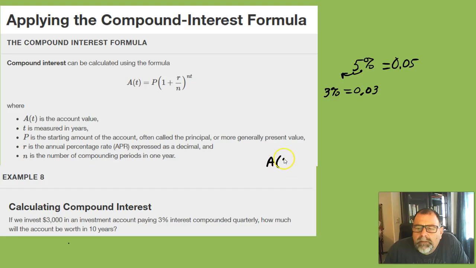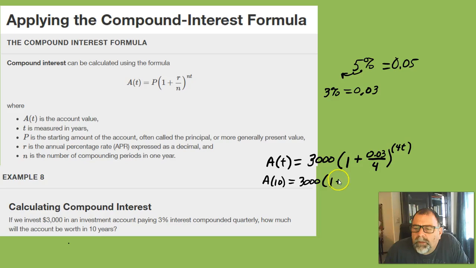A of t is equal to principal, so the 3,000 that I invested, times 1 plus r, which is 0.03, over n, which is quarterly, so 4, and then 4 times t. So that is our general formula for this specific account. I invested 3,000 at 3%, and now we want to know how much it will be in 10 years. So you plug in 10,